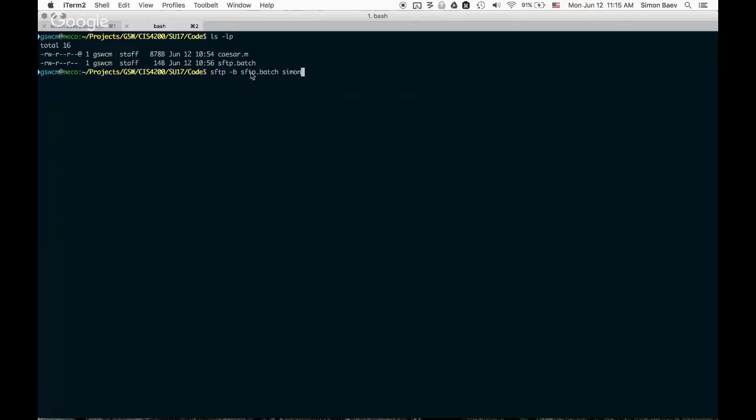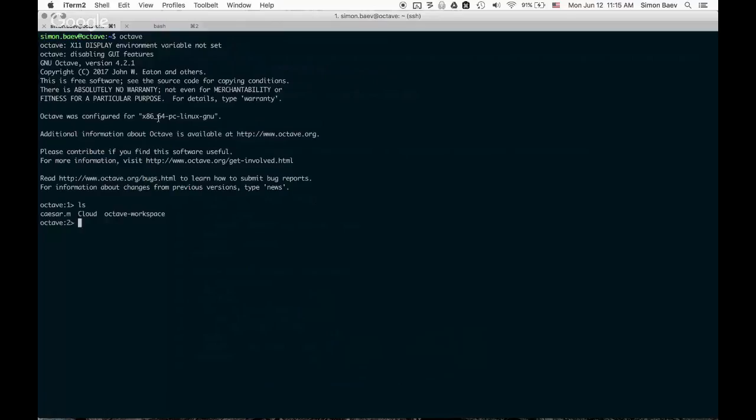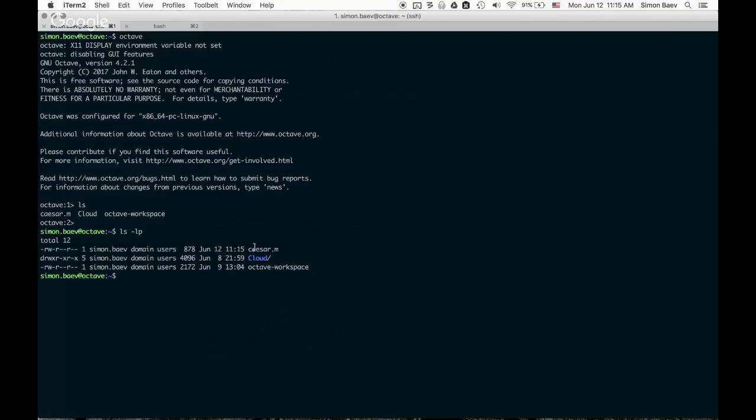And now I want to specify the host that I want to send this file to. And it would be my username at octave.wcm.net. Of course, in your case, the username will be different, but the rest will be the same. Should I hit enter? That's it. The file Caesar.m got sent to the Octave server, and now it can be found in the Octave environment. Let me quit my Octave session and show you that here is the file. Let me even remove it